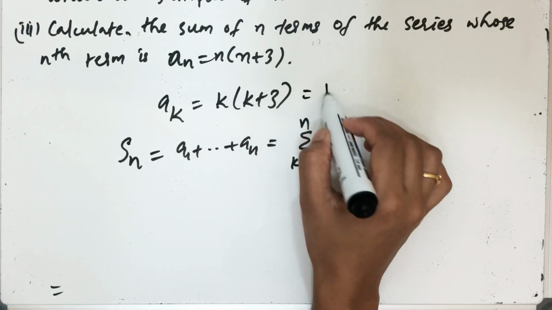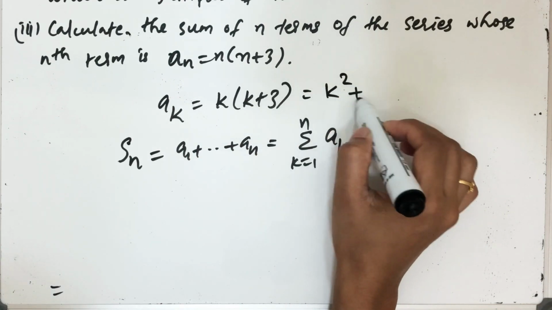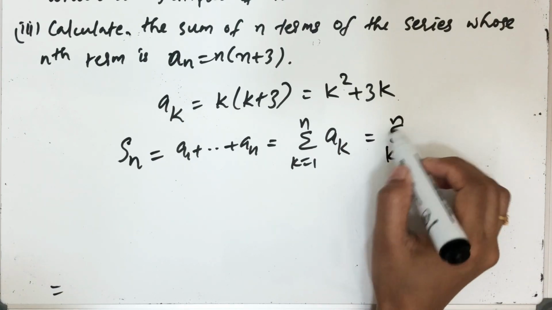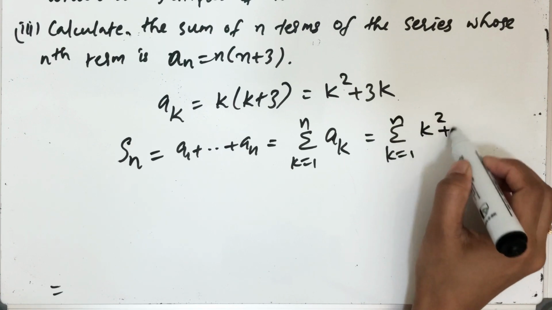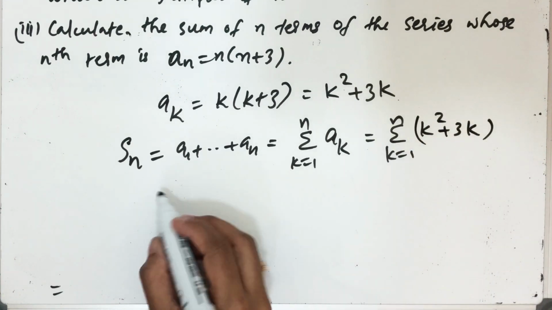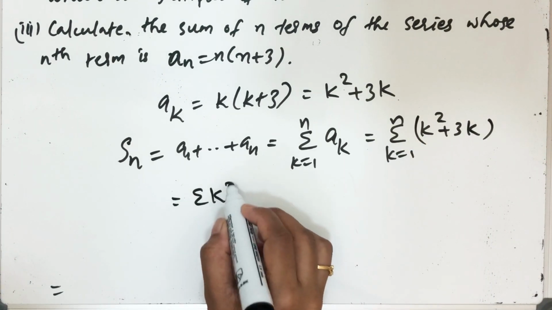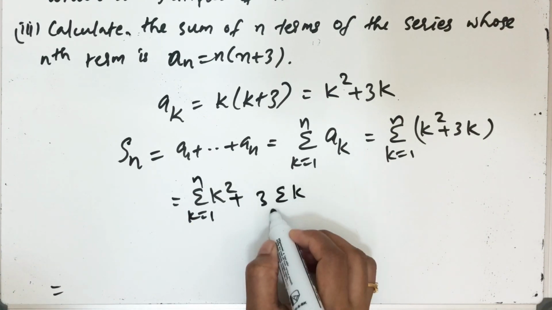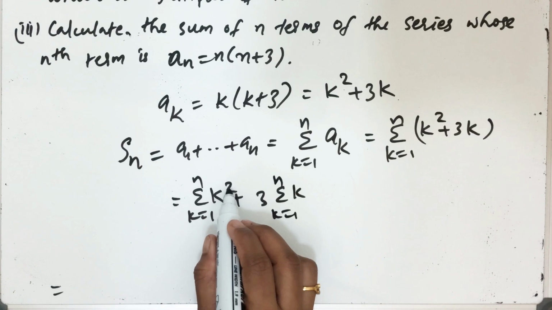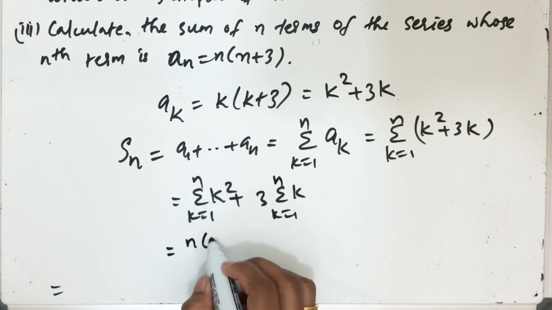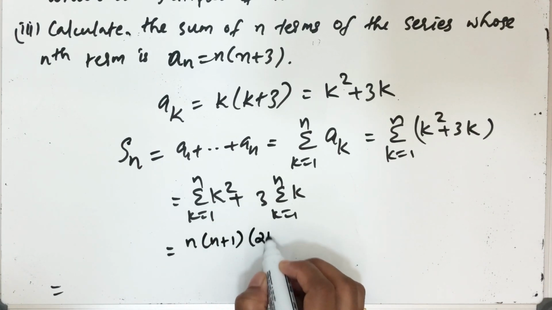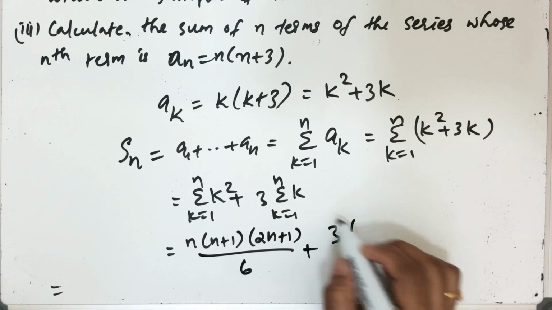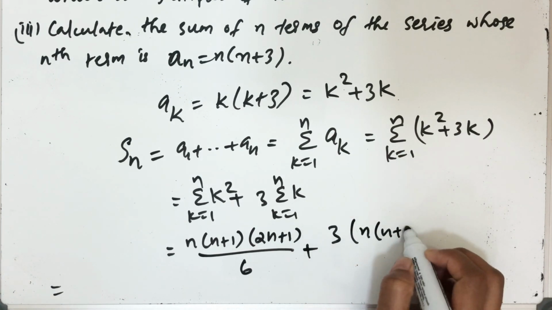ak is k into k plus 3, that is k square plus 3k, which is equal to the series k from 1 to n of k square plus 3k, which is equal to the series k square, k from 1 to n, plus 3 into the series k from 1 to n. We know the series k square is equal to n into n plus 1 into 2n plus 1 by 6, plus 3 into the series k, which is n into n plus 1 by 2,